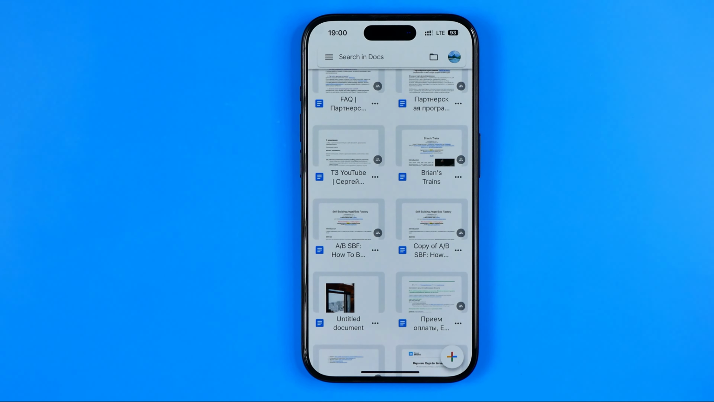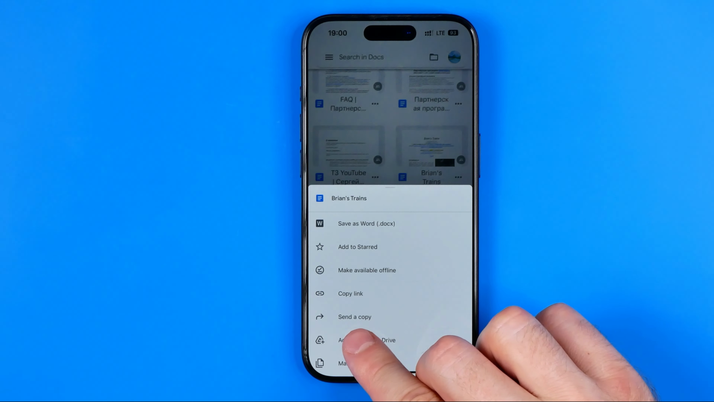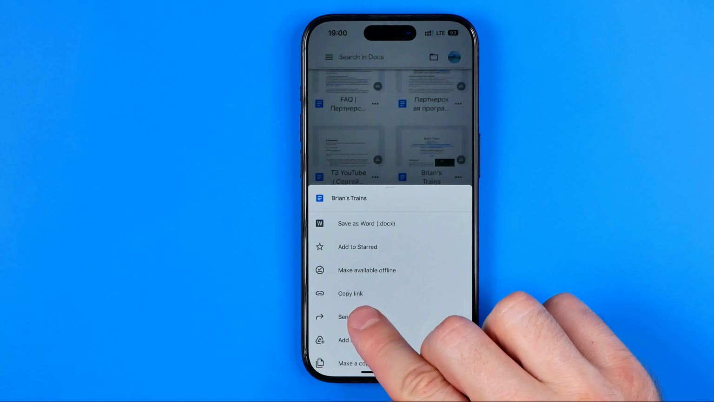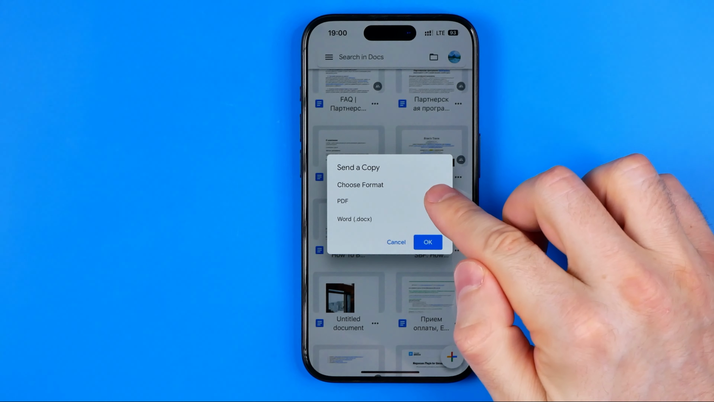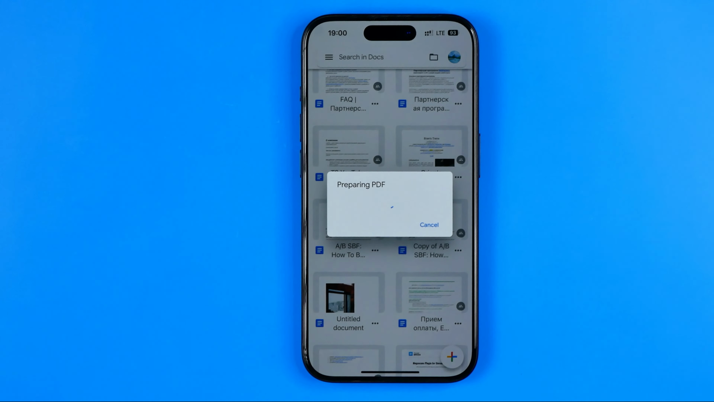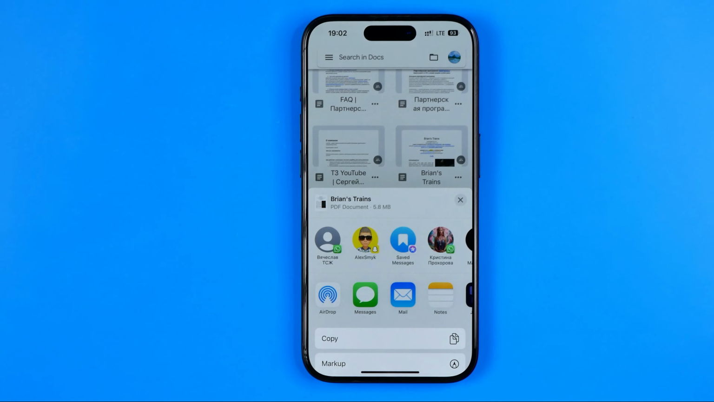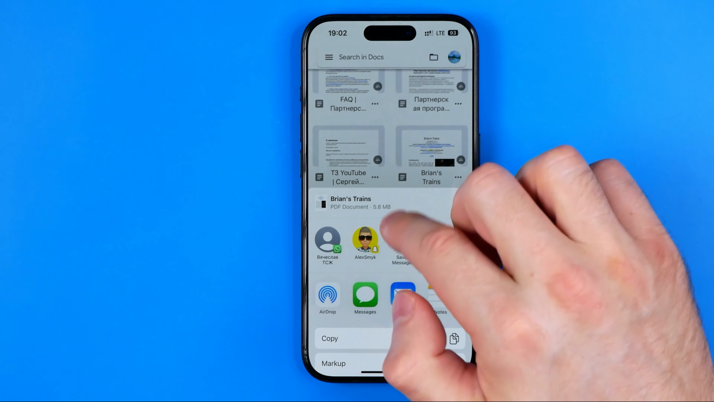First off, guys, we need to tap right here at these three dots next to the file name, and then tap at Send a copy. On the next step, we need to choose a format. We can switch it from PDF to Word, and then just hit OK. And once our PDF is prepared, we can use any of these options to share